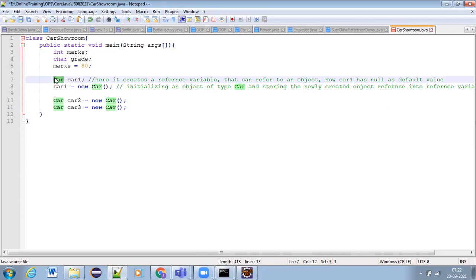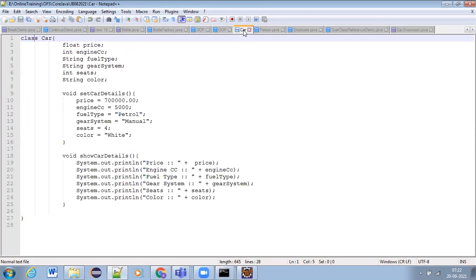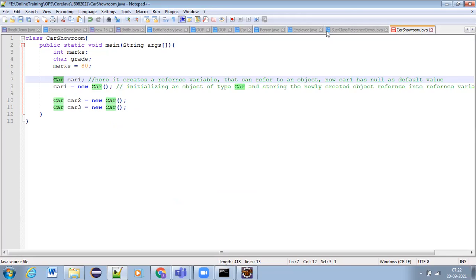Car is there, right? We have to make sure that both are present in the same folder.